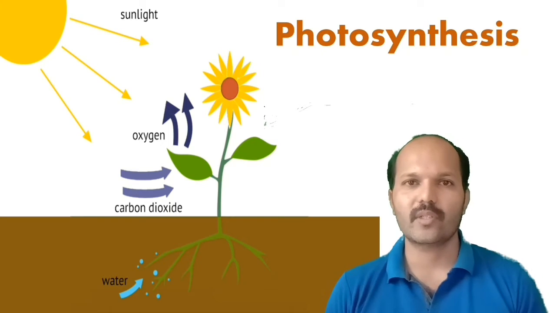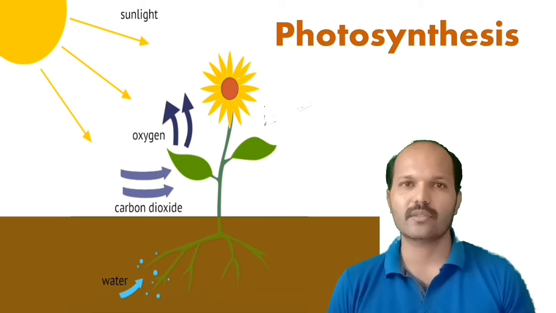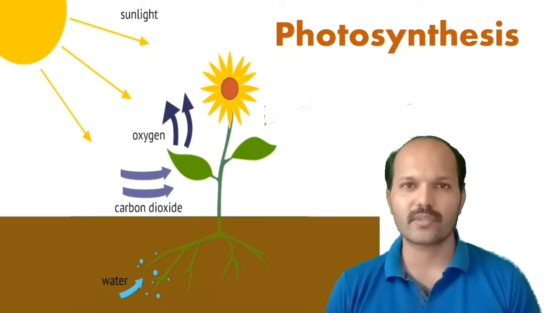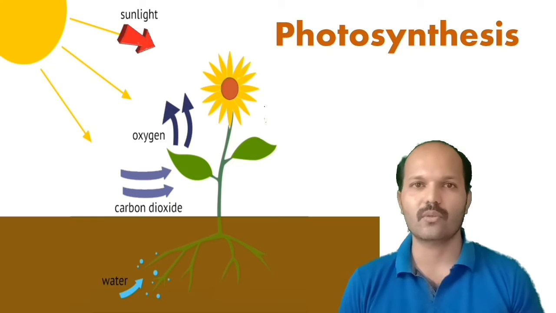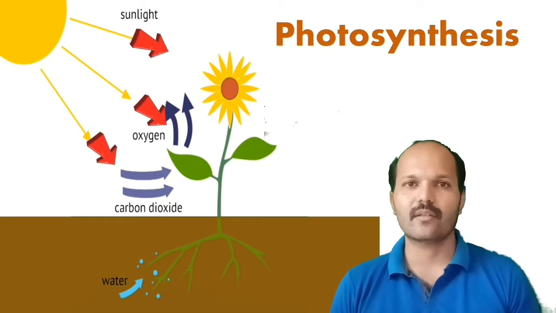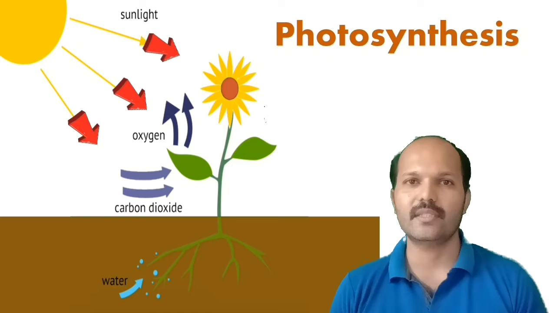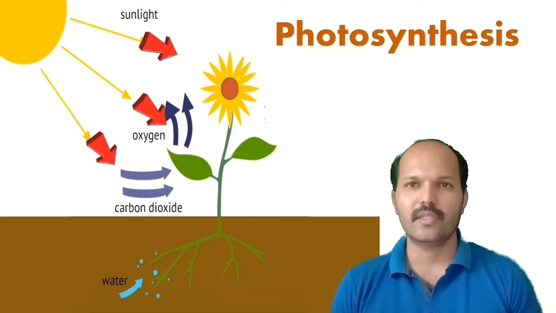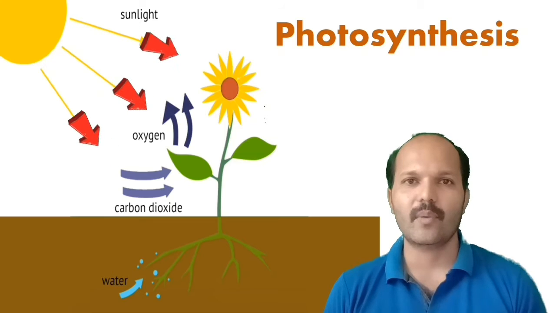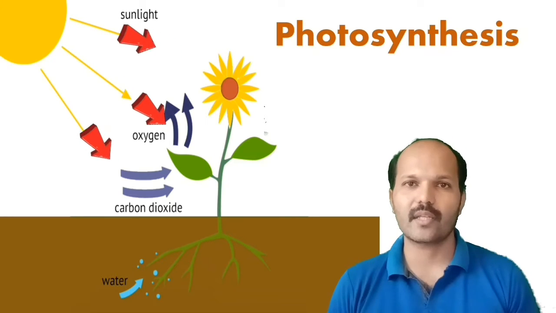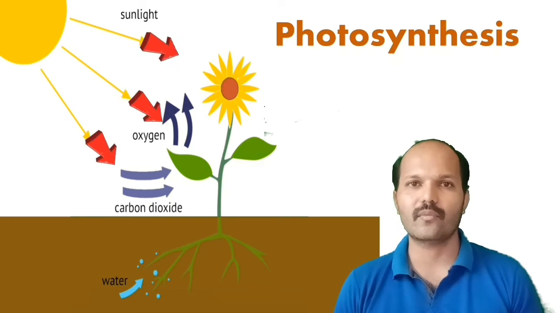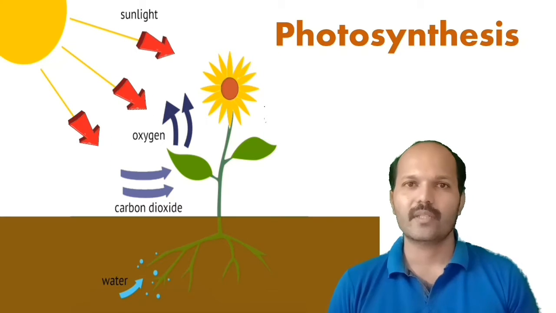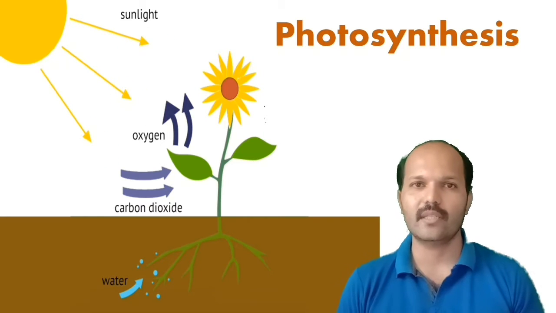Photosynthesis is a very important process in nature because through it plants produce their own food and also oxygen. That food and oxygen are very necessary products for other living things. In the process of photosynthesis, plants prepare their own food with the help of sunlight. This process is carried out in the leaves.